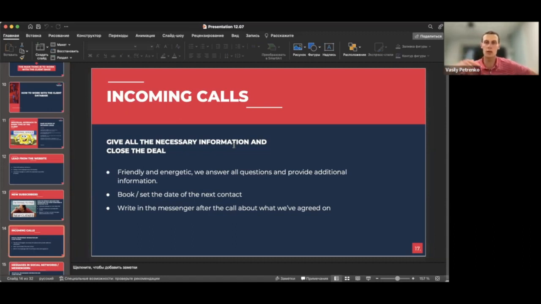This is really important. We get the call, and remember we were talking about the conversions, 60%. So basically out of 10 calls, you need to get 6 bookings. If you're answering like that and not providing much information, of course there might be 1 booking out of 10 calls, fortunately. So again, if it is an incoming call, you need to provide all the information.